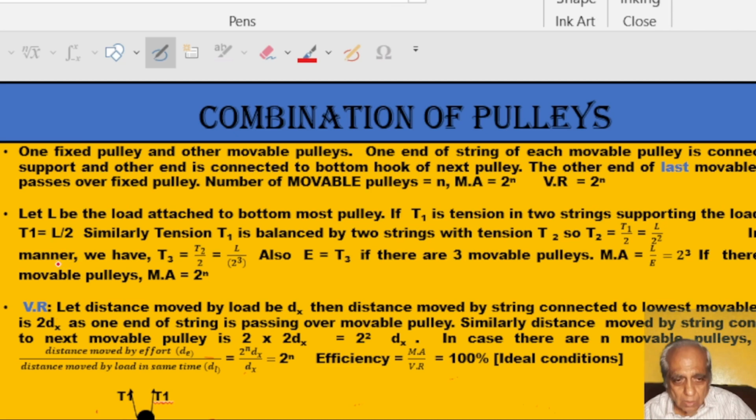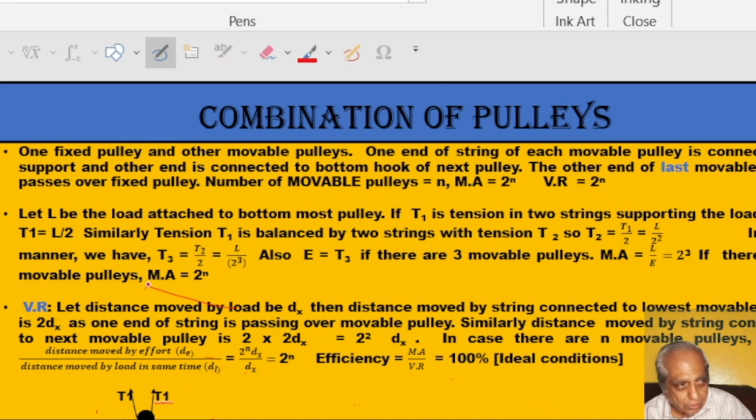So mechanical advantage, I proved to you that we are getting 2 raised to n, and velocity ratio is also 2 raised to n. So efficiency is 100%. Here I have shown that this load L is being balanced by tension in these two strings T1 and T2. So 2T1 equal to L, and the same thing as I showed you proceeds further, and we get